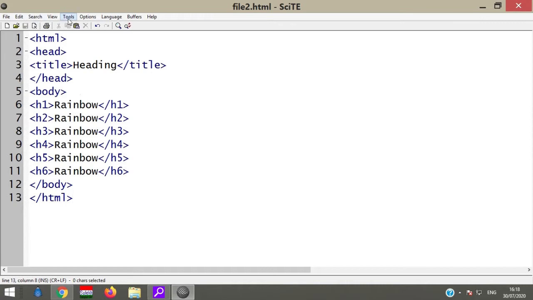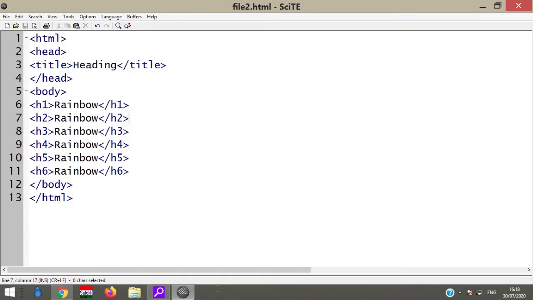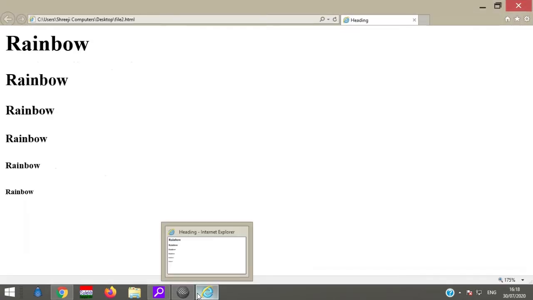Go to the tools menu, where options are available, and the shortcut key F5 is also used. So we are using the shortcut key F5, and let us see, our output will be generated automatically. So it is an extra feature of the SciTE editor.